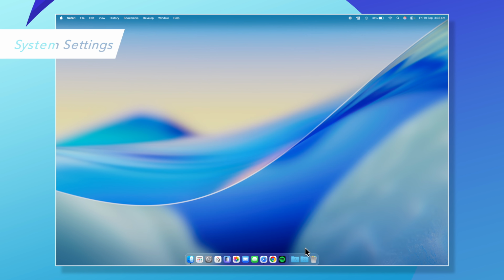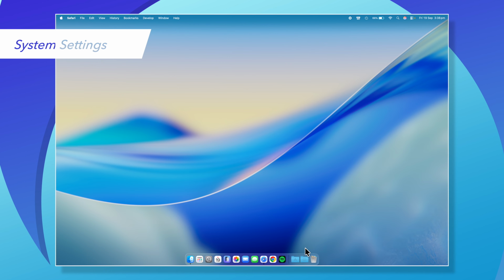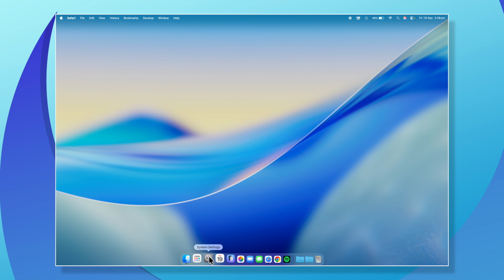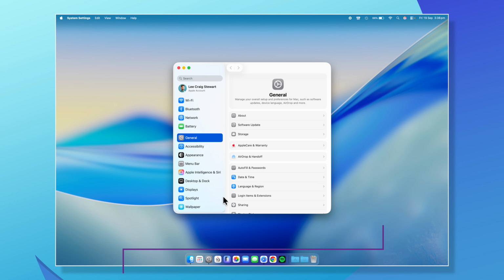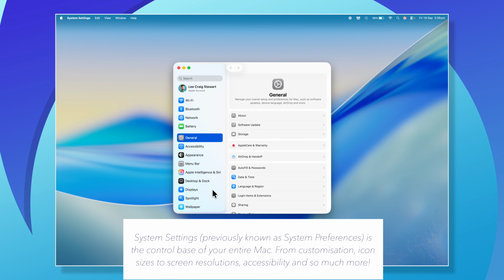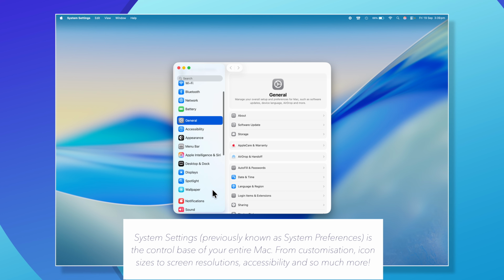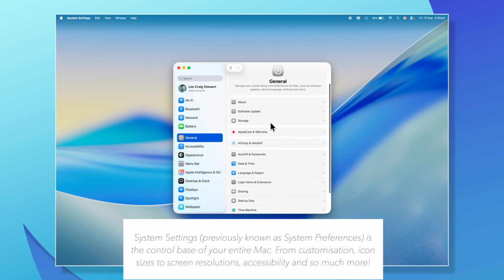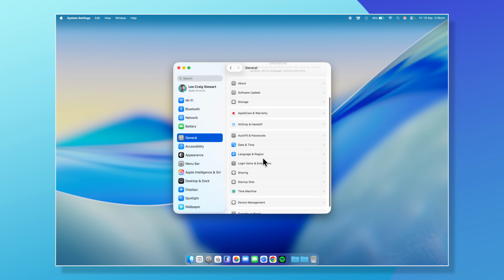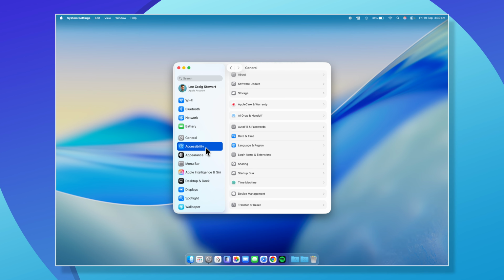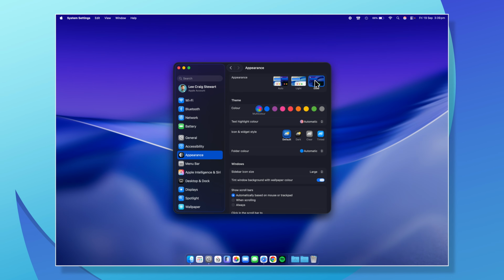If you own an iPhone or iPad, you'll be familiar with settings. So on the menu bar here, we've got settings. This provides a wealth of customization and different options. From Wi-Fi, Bluetooth, network, battery, storage, date and time, languages and region, appearance, you can change the appearance of the window from light to dark.